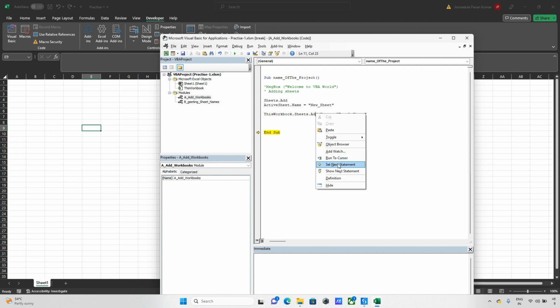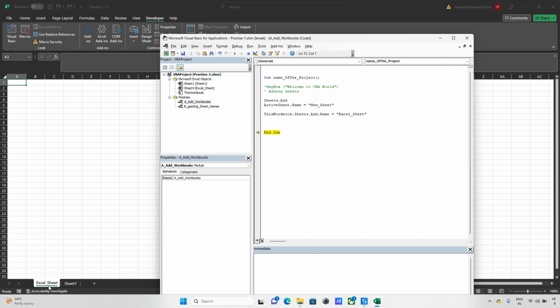Now I did this. So when I run this command, it will create the sheet and at the same time change its name as well. You can see this Excel sheet has been created and it automatically changed the name. So this is how we can add the sheet and at the same time change the sheet name. Now next step: where it added this sheet, it added on the left side. If I want to add my sheet after sheet one or after sheet two,